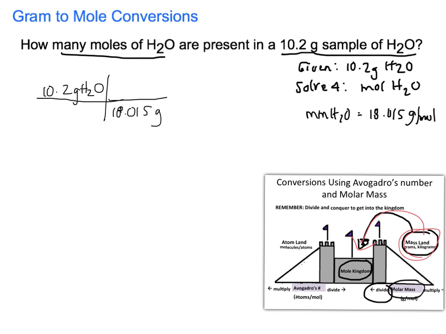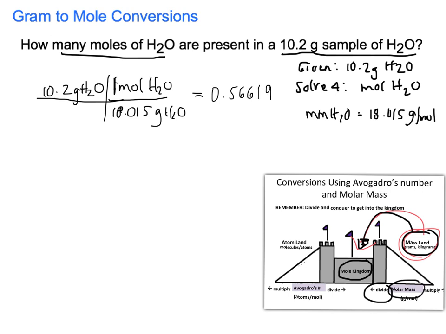So, 18.015 grams. I'm going to have 1 mole of H2O up at the top. Okay? And the way this works is you simply multiply the stuff that is on the top, so 10.2 by 1, and divide by 18.015. This will give us an answer of